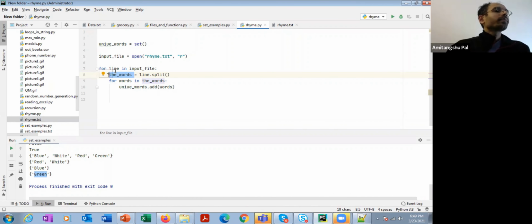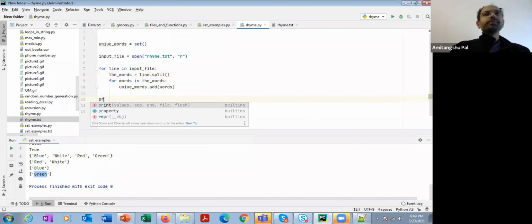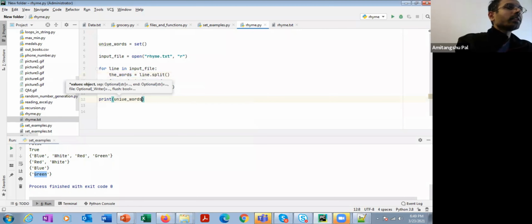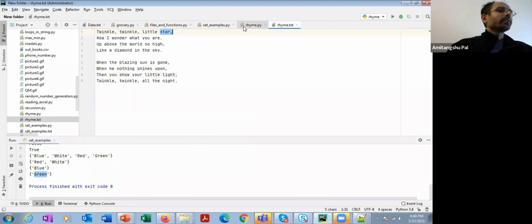But I want the unique elements, that's why I am using a set. So at the end, you can print unique words, because unique words will consist of all the unique elements that are there in this file.